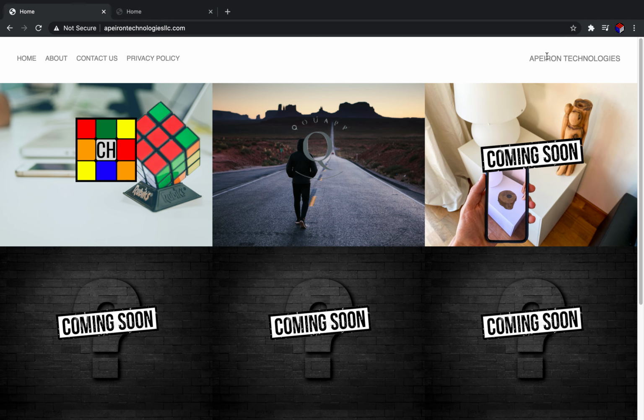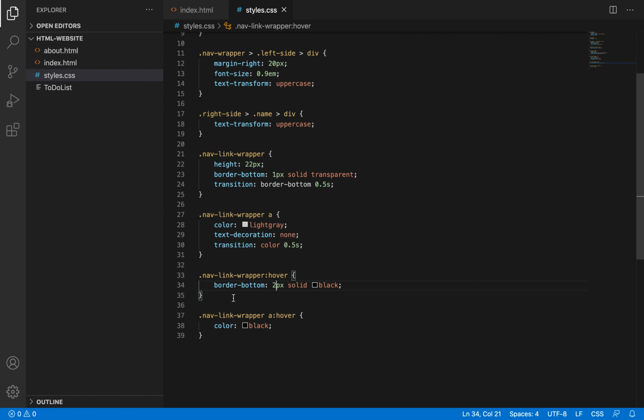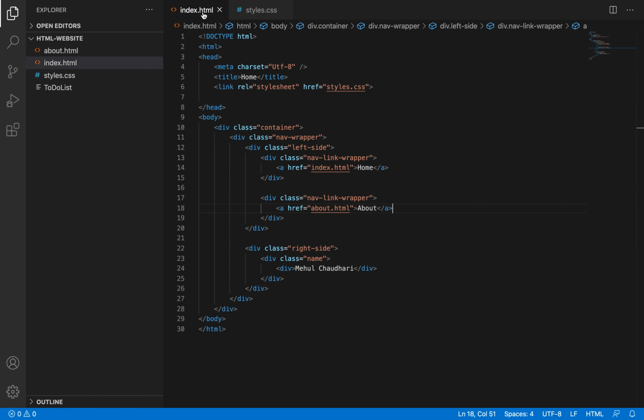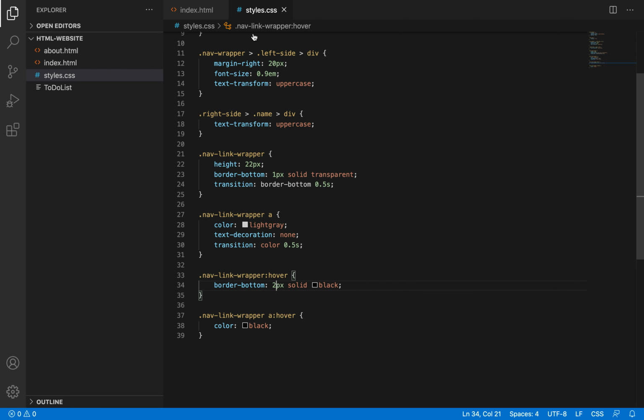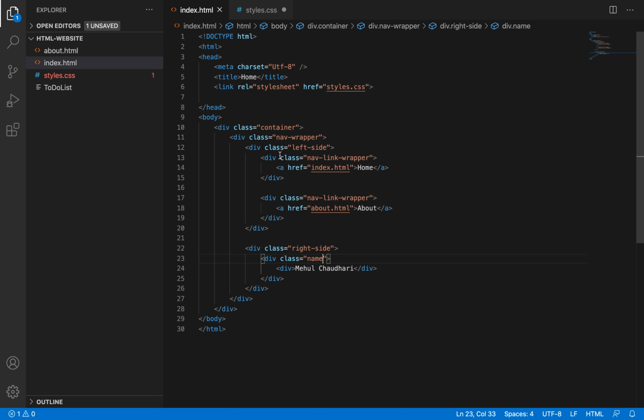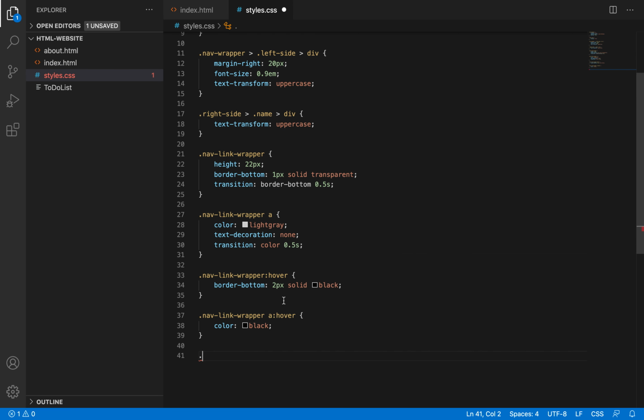And if you see that if we hover over here, our color changes, so we're gonna do that as well right now. This is not a link, it's not anything important, but it's just kind of a cool feature to have, and it doesn't take that long since we already learned how to do this here. So if you go to our index, we can look at our right side, and we have our name in it, and we have the div right here. So what we're gonna do is we're gonna say dot name,